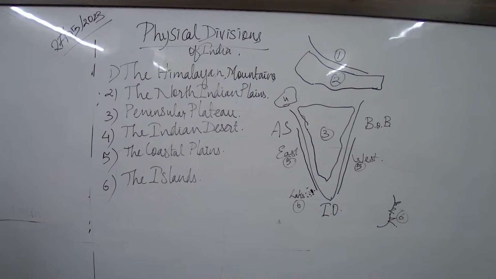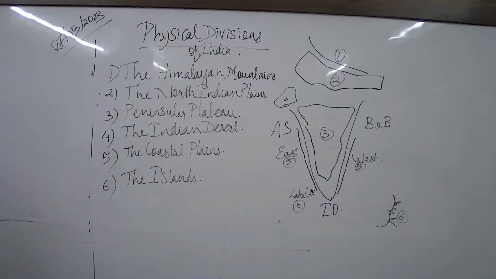Then when I use the word North Indian plains, this is the entire stretch of plain. Look at it, it's very broad. By the time I go deep into the northeast, it becomes narrow. It has deposits of alluvial soil. We have two kinds of alluvial: Khadar, the newer alluvium, and Bangar, the older alluvium. Then the Peninsular Plateau. This plateau is generally of lava, volcanic origin. But till the Latur earthquake in Maharashtra, this was considered very stable. There was no earthquake, nothing.